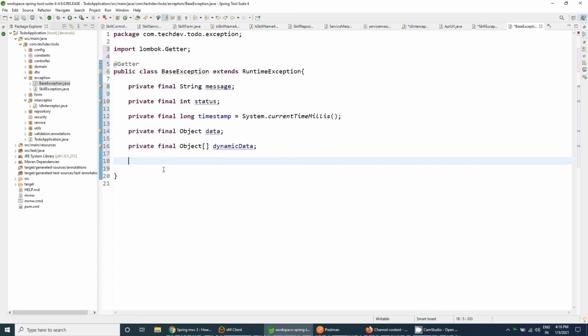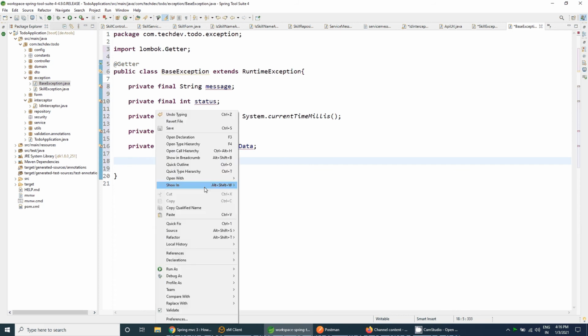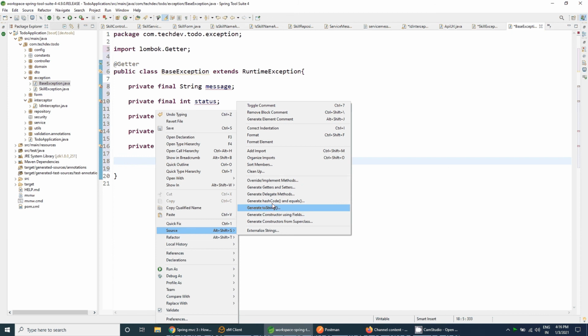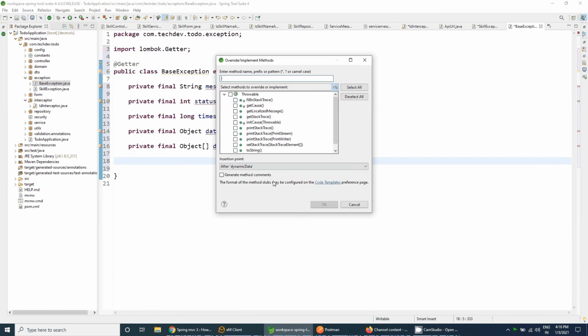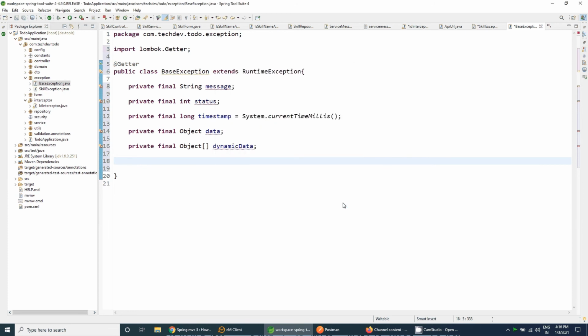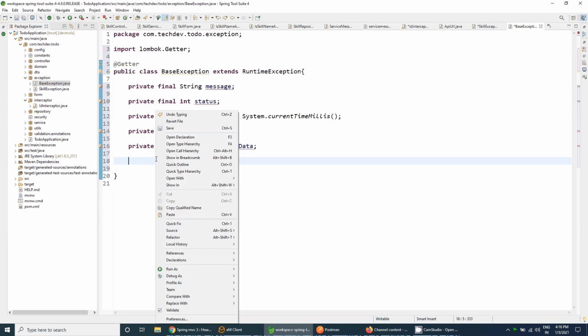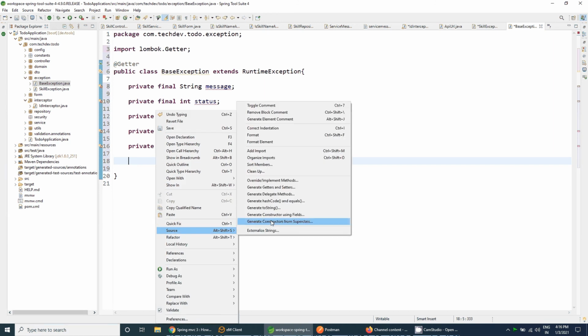Let's create a constructor for this. Go to the source and override or implement methods. Sorry, not override, we need to generate a constructor from the super class. So go to the source and generate the constructor from the super class.